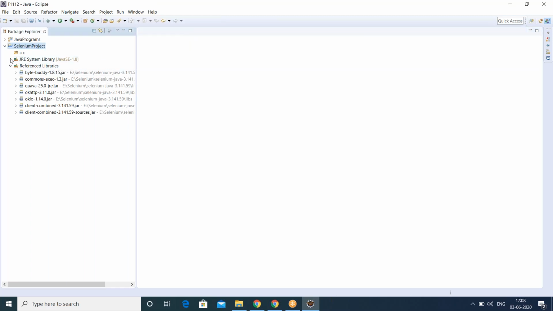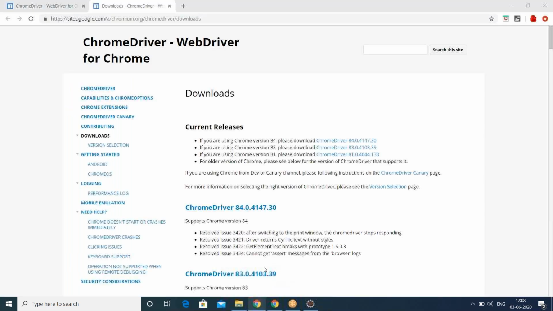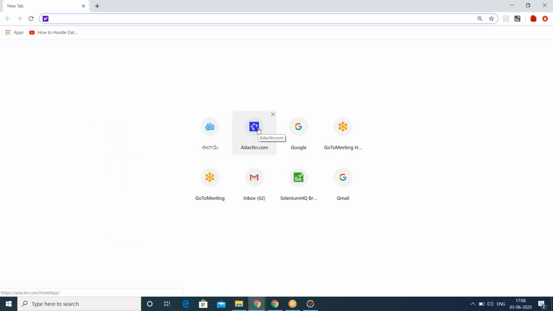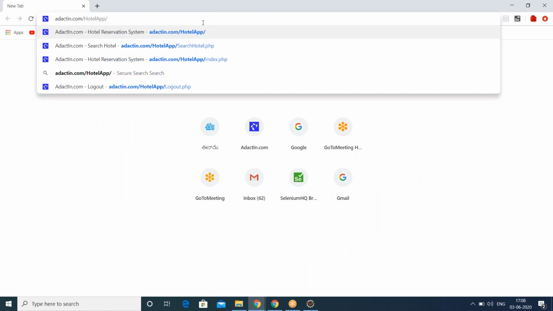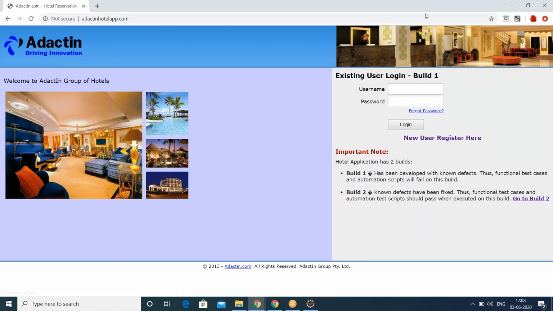Right. This is the application we started using, the Adactin application. This is the application we are going to use. First, we are using this Adactin application for learning the concepts.